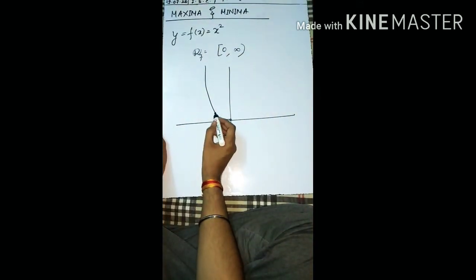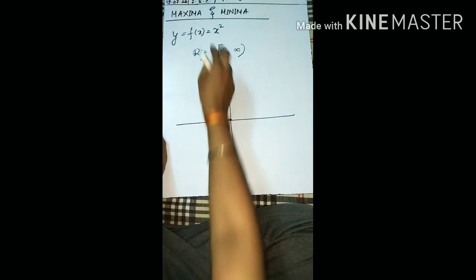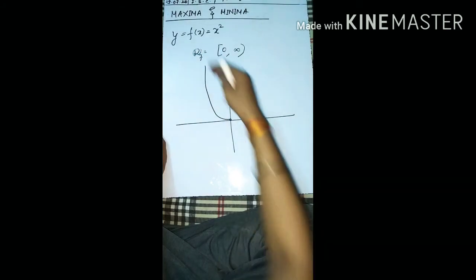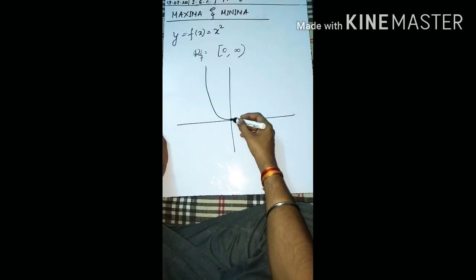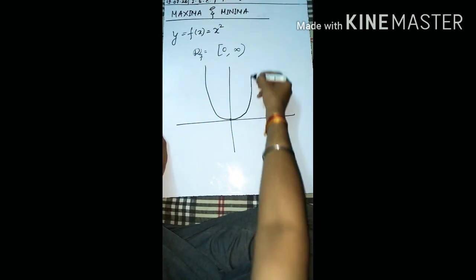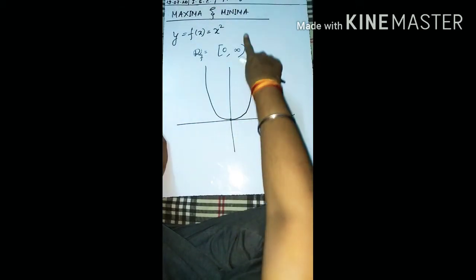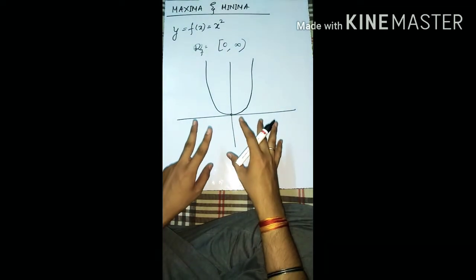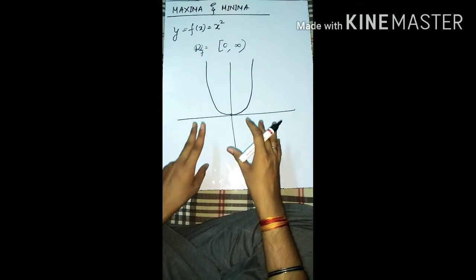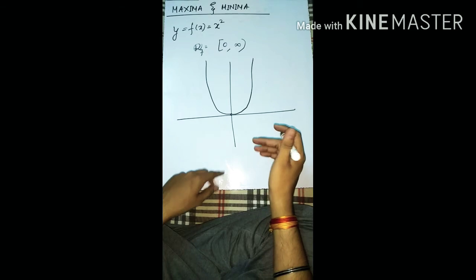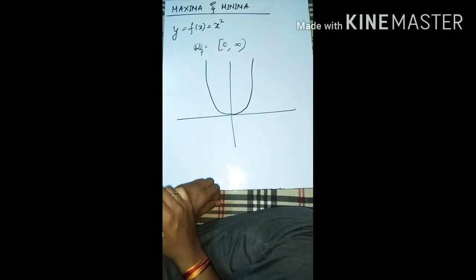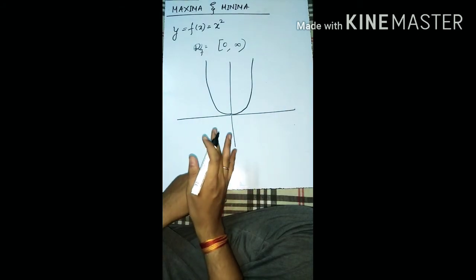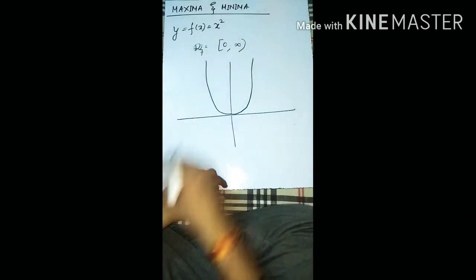For -1, -2, -3, -4, squaring, you will always get a positive value, that means an increasing one. And if you put x equal to positive terms, you will get the graph here like this. So that is how we got the parabola. Now from this graph we can say that the function has a minima at x equal to 0, because this is the minimum case. Okay, and can you find any maximum value from this graph?